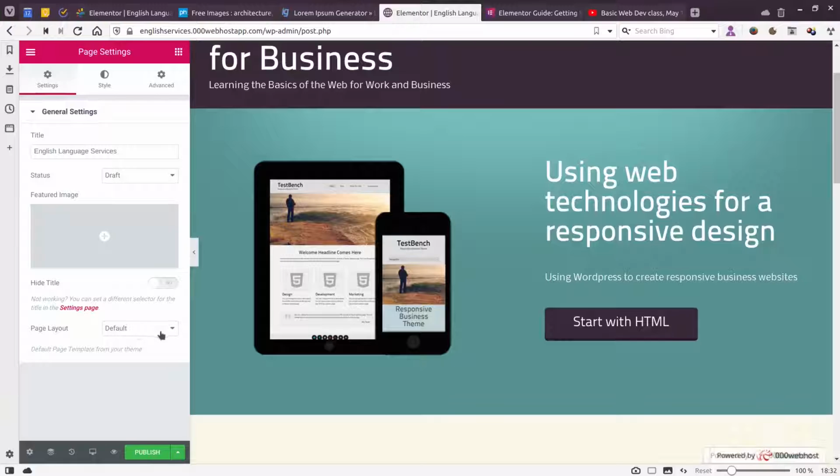And you've got the page layout. If you click on that, you can see that you have a few options. Basically, the ones we're interested in are Elementor Canvas and Elementor Full Width. So if I select Elementor Full Width,